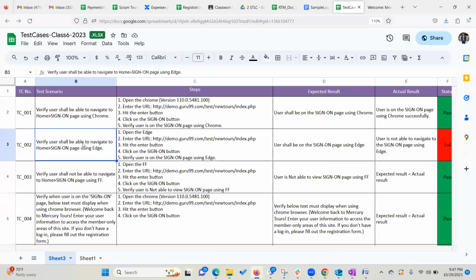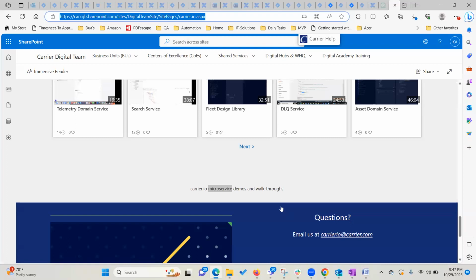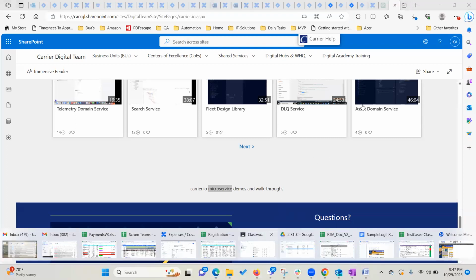So assuming this is a negative scenario, my application doesn't work in the Edge browser, right? And I'm just failing it. So I failed it. And of course, you need to perform your testing here as well, right? So what I can do is,